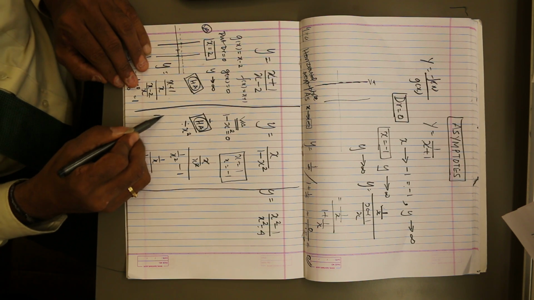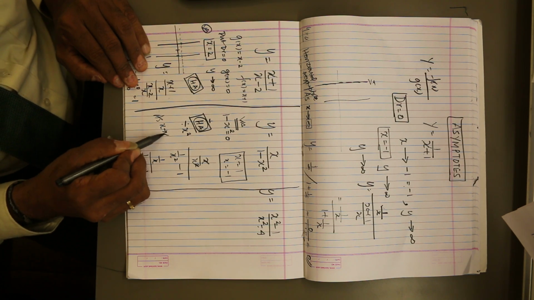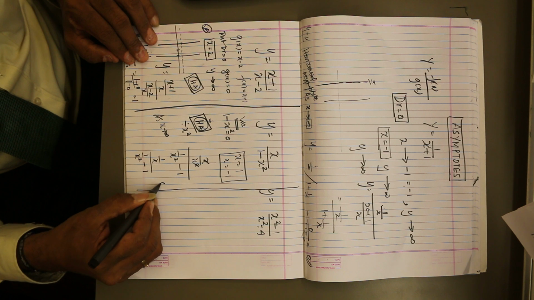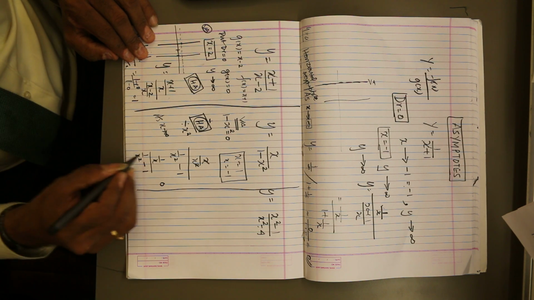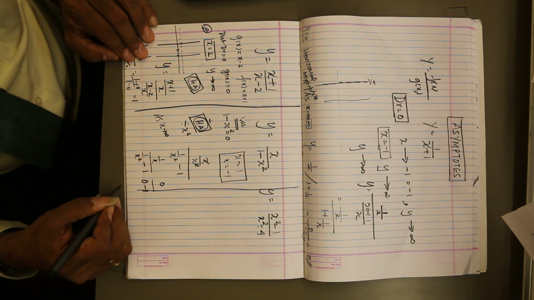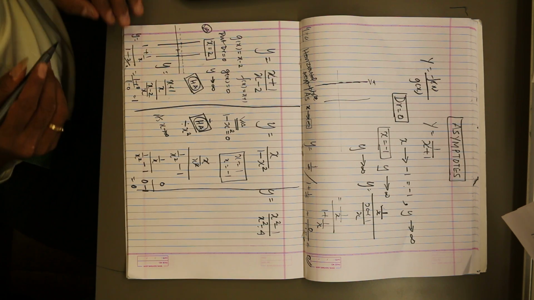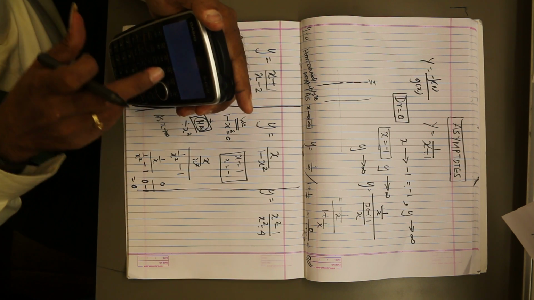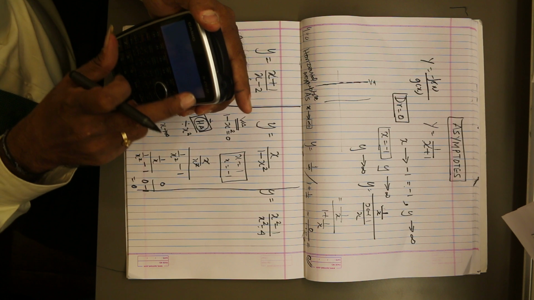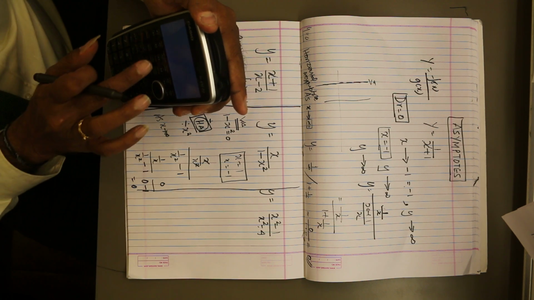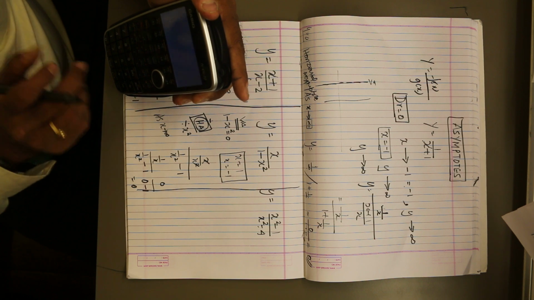As x tends to infinity, what will happen? 1 by infinity is 0, 1 by infinity square is 0, minus 1. So the answer is 0. You see y equals 0. This curve's horizontal asymptote, y equals 0, is the horizontal line. If you see